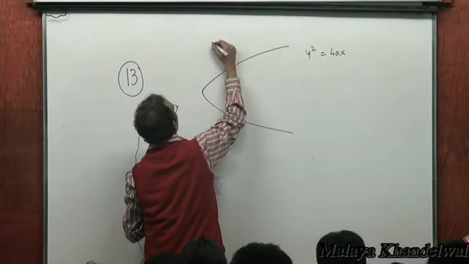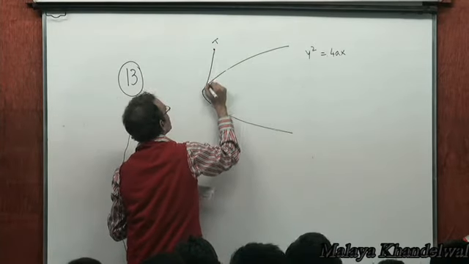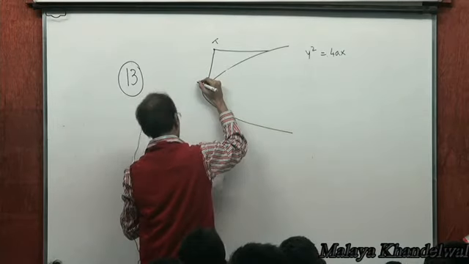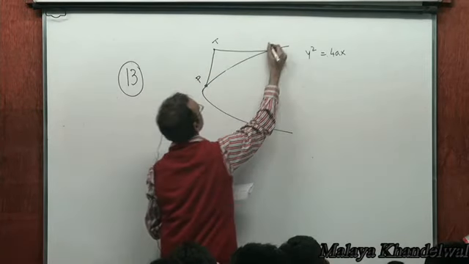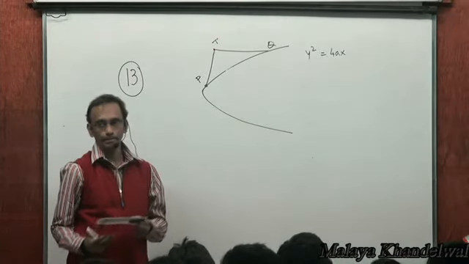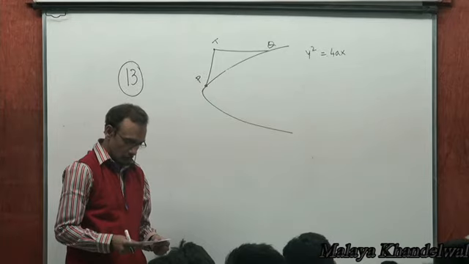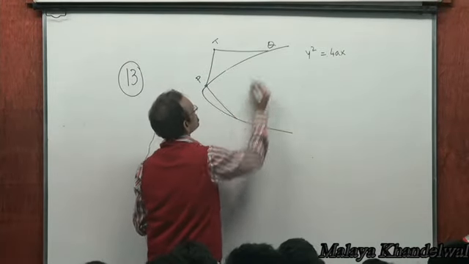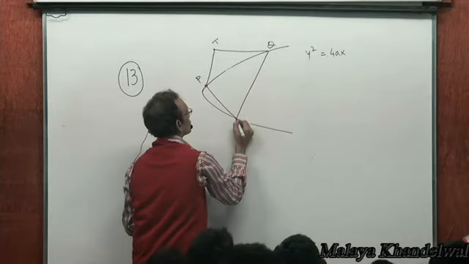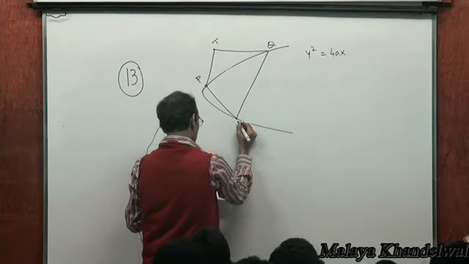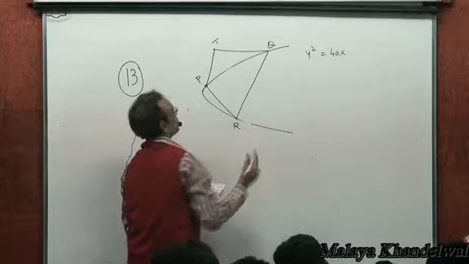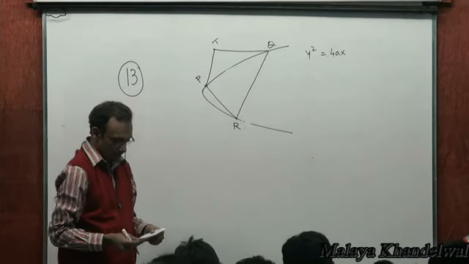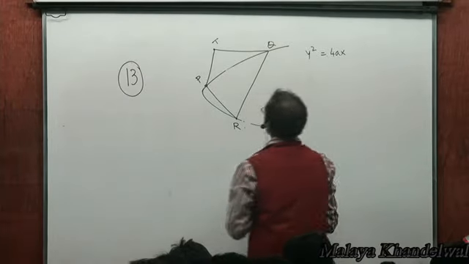There is a point T and tangents are drawn from T to the parabola at P and Q. Normals at P and Q meet again on the parabola at a point, say R, on the parabola. We want to find